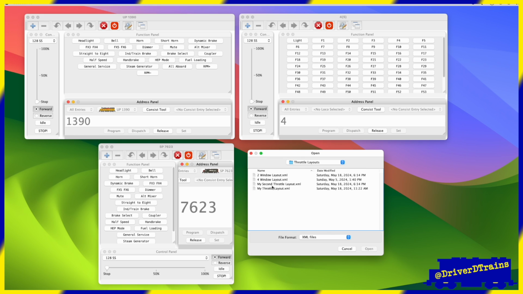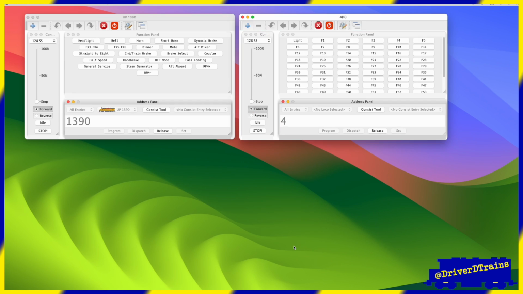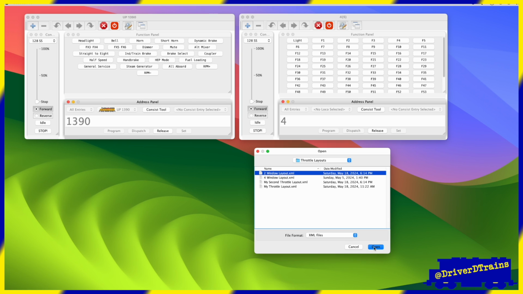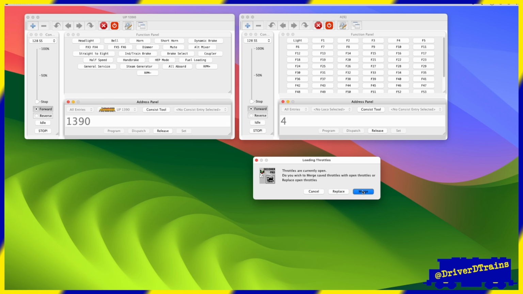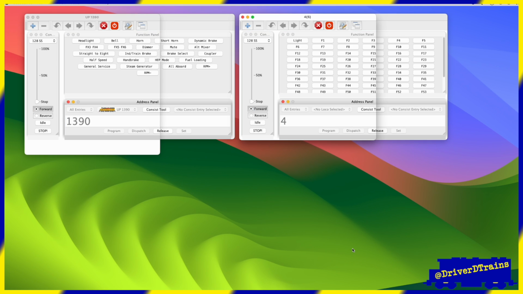If we replace the existing open throttles on the screen with our layout throttles, the new layout throttles will be in windows starting from number 1, number 2, number 3, etc. On the other hand, if we merge the layout throttles onto the screen with our existing throttles, they will be numbered starting after the open throttles. So if we have 2 throttles already open in windows number 1 and number 2 and merge 2 more from